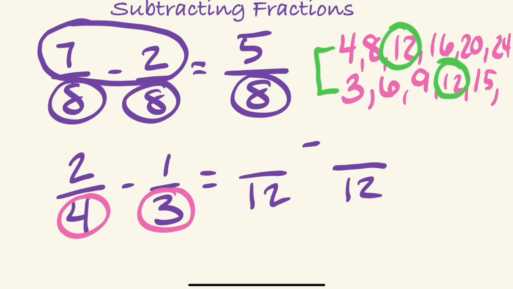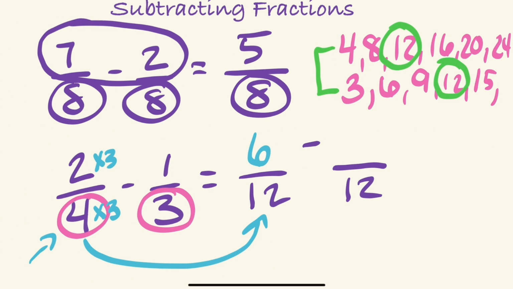Now that I have written the denominator as 12, I need to go ahead and set up the new problem. I'm going to start with the first fraction, and my question is, how did I get from this 4 to 12? I know that 4 times 3 equals 12. The rule is whatever I do to the bottom of a fraction, I need to do the same thing to the top of the fraction. 2 times 3 equals 6. That's the new fraction for